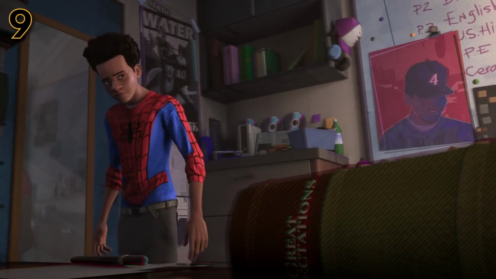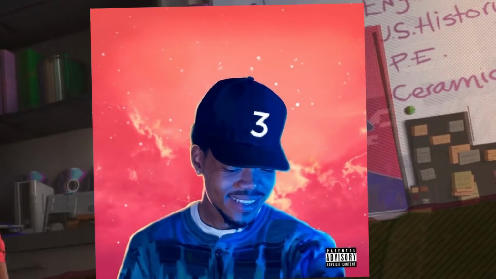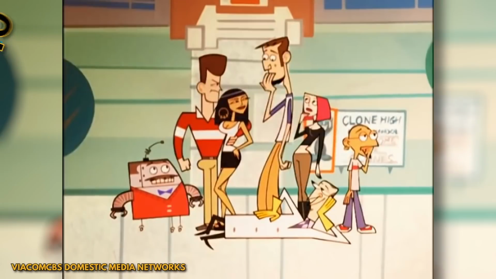In Miles' room, you can see the cover art for Chance the Rapper's mixtape Coloring Book, except the 3 is now a 4, because again, different universe. In Earth 1610, Chance the Rapper obviously released another mixtape before Coloring Book, meaning this might just be the superior universe. There's also this poster for Clone College, which is a fake sequel or revival series of the MTV show